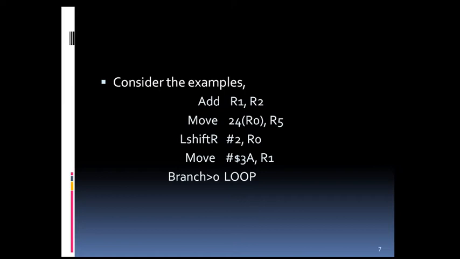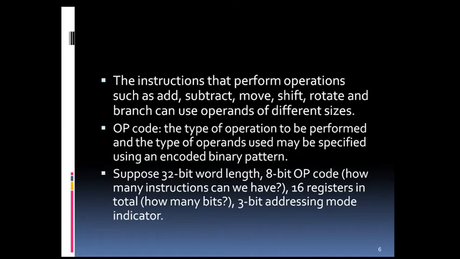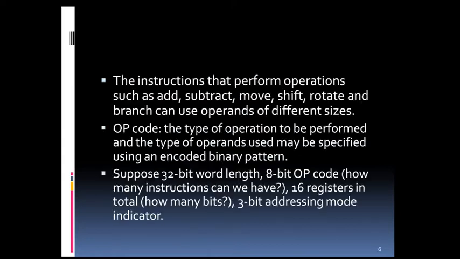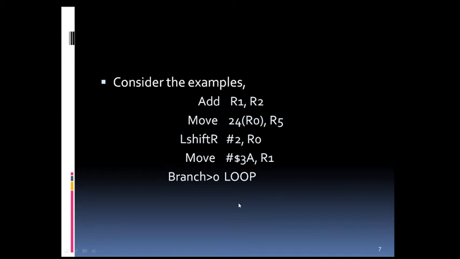So hence there are 10 bits left to give the index value. And if these 10 bits suffice to express an adequate range of signed numbers for indexing purposes, then the instruction fits into a 32-bit word. So 16 bits for the opcode and 6 bits for indicating the index addressing mode. 16 plus 6 will be 22, and then the remaining will be 10 bits. So if these 10 bits are used to indicate the signed integer, that is the index value, then this instruction will fit into 32-bit size.